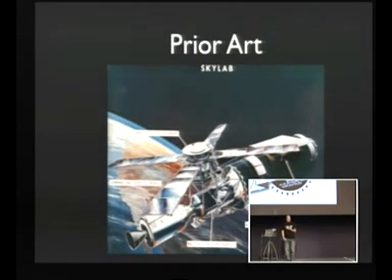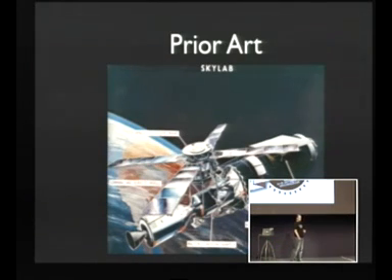Obviously when you're giving a presentation, you can't ignore prior art. So in this case, I have to acknowledge that NASA did in fact launch a couple of Skylab satellites, and now I'm going to use a satellite analogy to reference some cloud pieces, because what we've got there is a multiple docking adapter. In the sense of your own cloud, you'd want to be able to interface with different cloud providers. You don't want to be married to a single cloud provider. You need something that can talk to different ones, and you don't really want to have to speak a different language or different API each time you want to talk to a cloud provider.